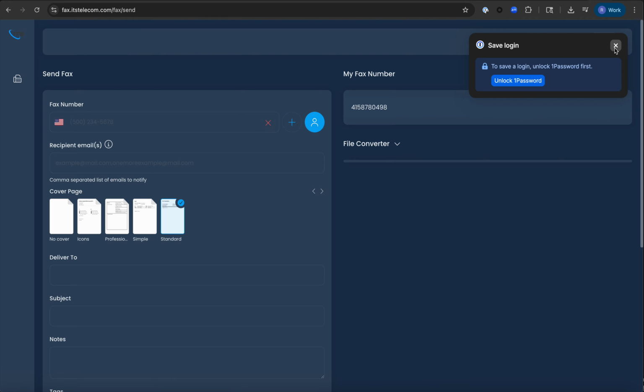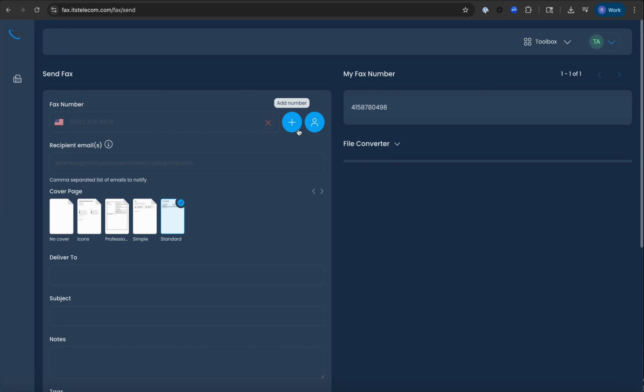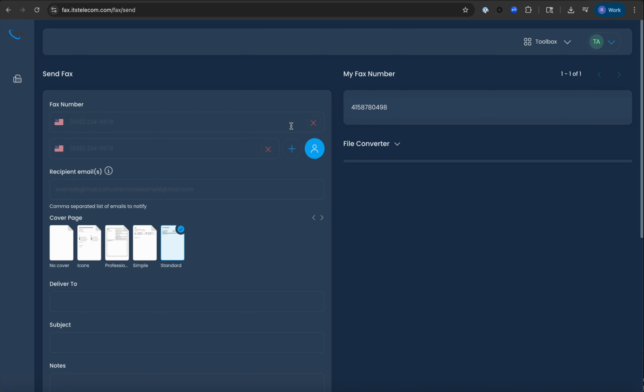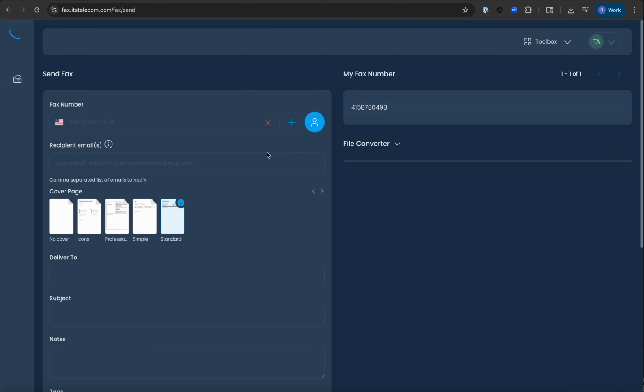Upon entering the portal, you will be taken into the send fax screen. This is the main screen where we will send outbound faxes from and put in our recipient numbers. To start, this is the recipient number section. You can add up to 10 recipient numbers. If you want to add more or fax out to more than 10, please contact your account manager and discuss the options of that. So next we'll send a fax here, and we'll take my fax number,